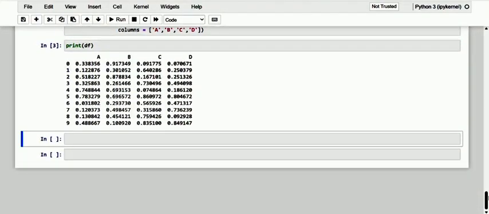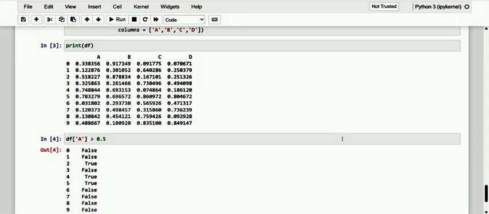So we will define a Boolean condition based on which the selection will be made. For example, if we want to filter only those rows of the data frame that have values of column A greater than 0.5. Since these are floating values, let me make it 0.5. So here we go with the data frame, and this is the A column. Kindly observe, it is greater than 0.5. Kindly take note of it.